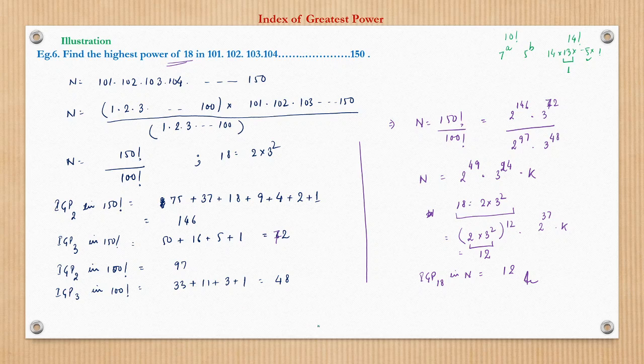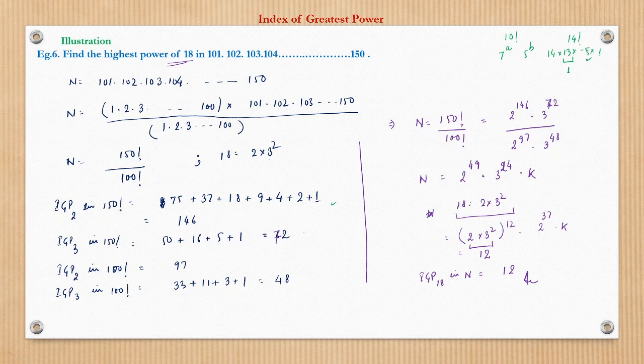We should be very concerned here. We had to check for 18. 18 we know is 2 into 3 squared. Since 3 is bigger than 2, 3 will have a lower power than 2. However, here it's not only 3, it's 9, so it will be even lesser. So we need not have calculated the IGP of 2 in both numerator and denominator, because the limiting factor would have been 3 only. Even if we had just calculated the powers of 3 in numerator and denominator, we could have got the answer from there also.